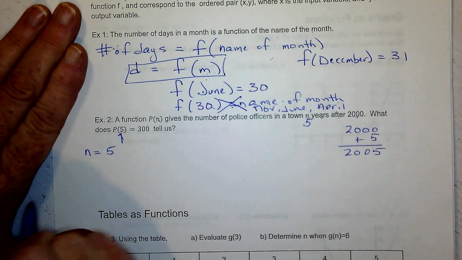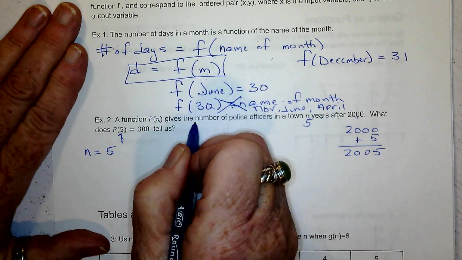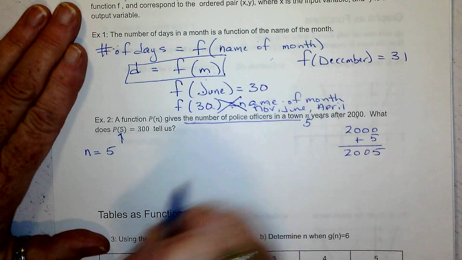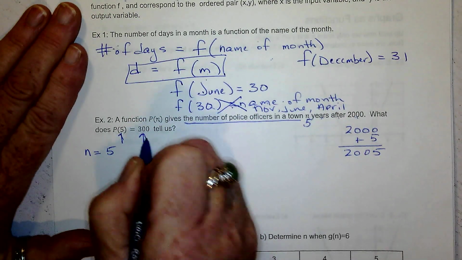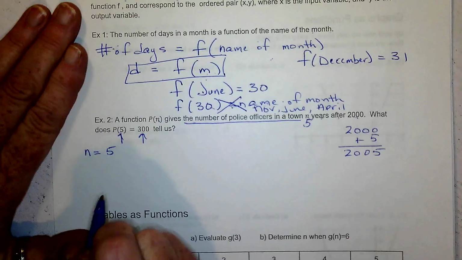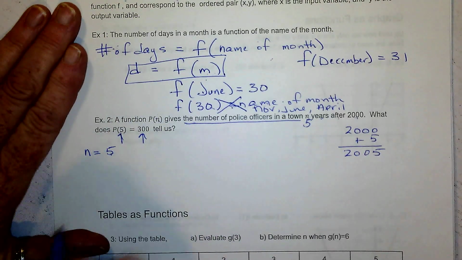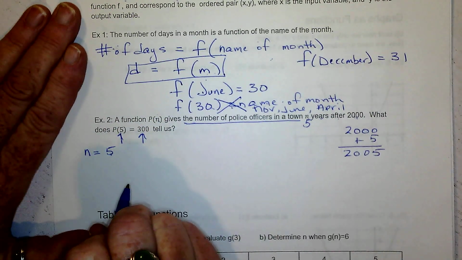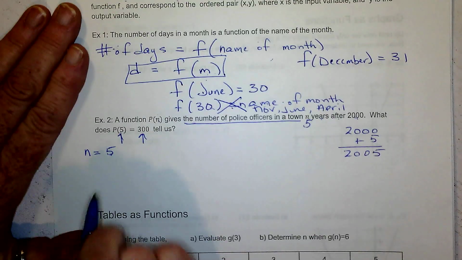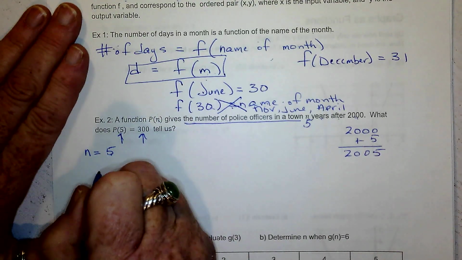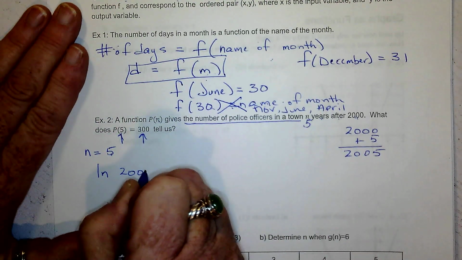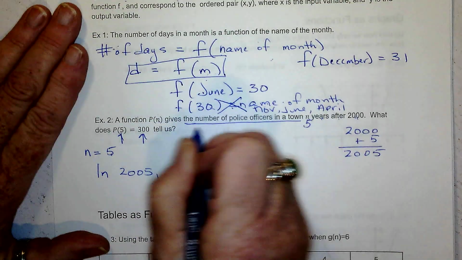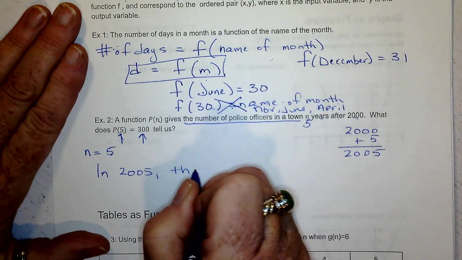What is the equal telling us? Well, it gives us the number of police officers in a town. So this is the number of cops, the number of police officers in the town 5 years after the year 2000. Now, I don't want you to tell me 5 years after 2000. I want you to say in 2005, the number, I'm going to use their words, the number of police officers